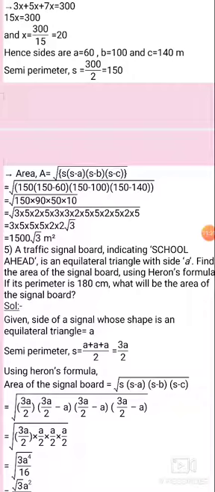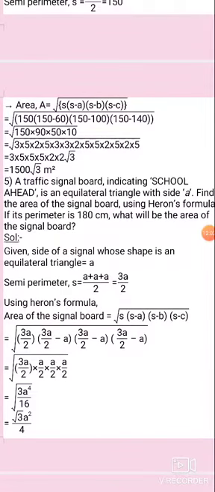So 3a by 2, next second bracket 3a minus, cross multiply, 3a minus 2a by 2, then same 3a minus 2a by 2. After that, next step is what? Square root of 3a by 2 into 3a minus, cross multiply 2 into a becomes what? 2a. So 3a minus 2a is what? a by 2. Then same a by 2 into a by 2. Now multiply all that. 3 into a raised to 4 by 16.